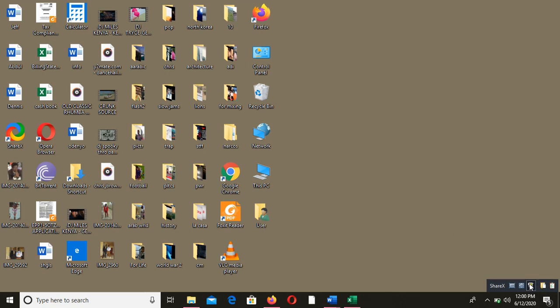So to summarize the lesson, we have three major parts of a computer desktop: icons,